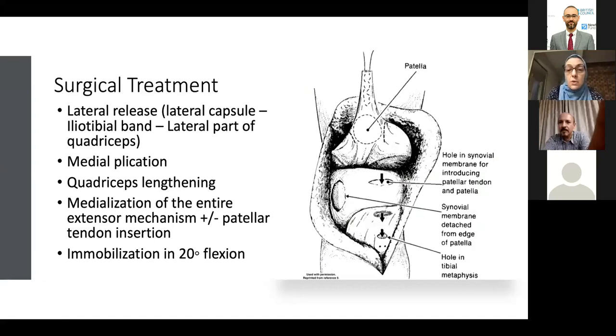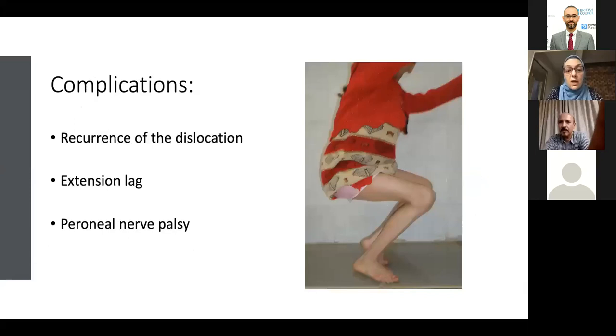Of course, with plication of the medial side, the medial capsule can overlap the patella and prevent further dislocation or redislocation. Of course, the complications in this case are, number one, the recurrence of the dislocation, sometimes extension lag, because you need to lengthen the quadriceps mechanism a lot to achieve reduction of the patella in these cases. And of course, correction of the valgus and the external rotation of the tibia in an acute manner can predispose